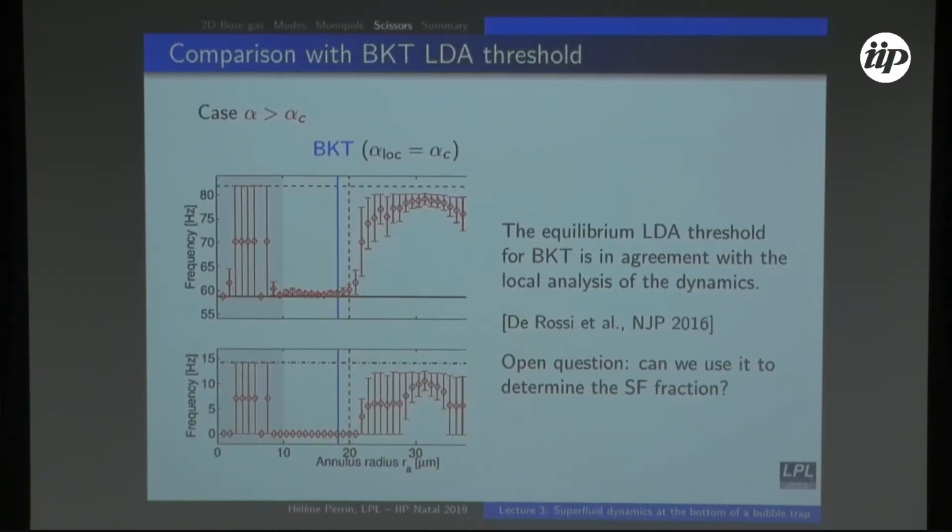And now if I compare with the local density approximation, where in the gas I expect to have the BKT transition, I find that it corresponds more or less with the transition I observe, with some small shift, which can also be due to what I said. I have a finite system, and I have a little bit of superfluid going beyond this region. Okay, it's not the BKT temperature. It's a BKT. You can translate radius into